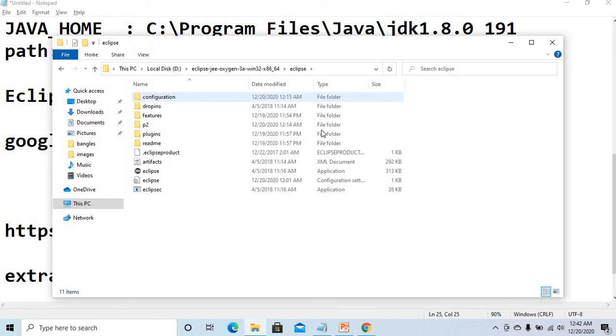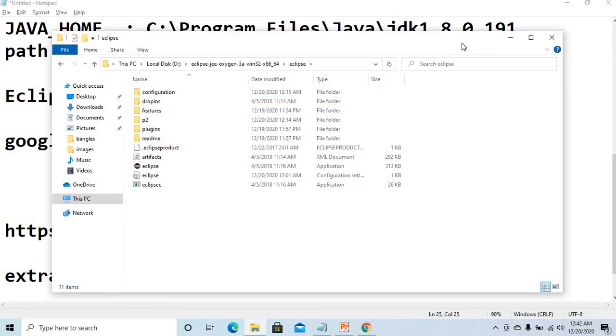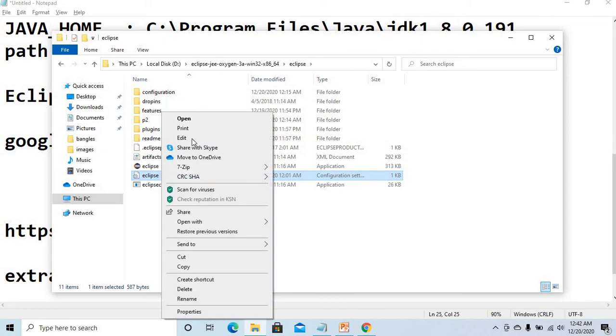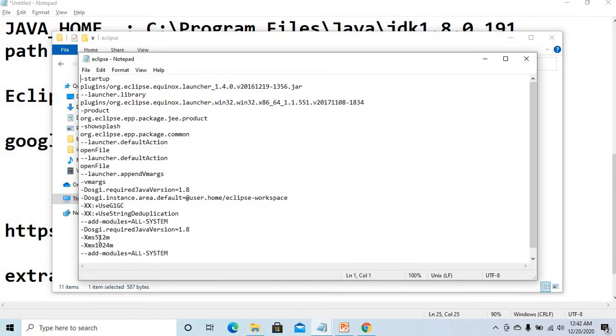If you are using a 64-bit machine and it is too slow, the simple thing to do is edit the configuration file using your notepad. Initially it will be under 200 something, so just change it to 512, then it will work a little bit faster. You are giving a little more memory to your Eclipse, which is especially required on 64-bit machines.